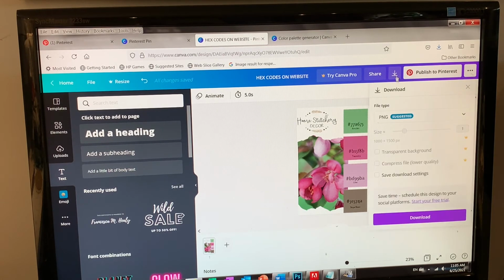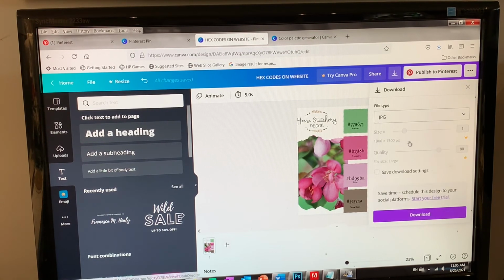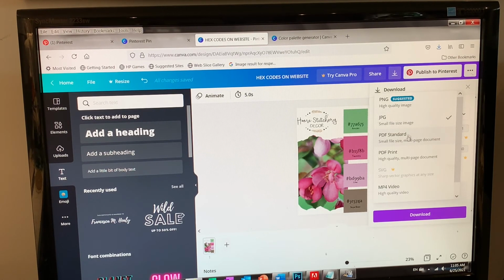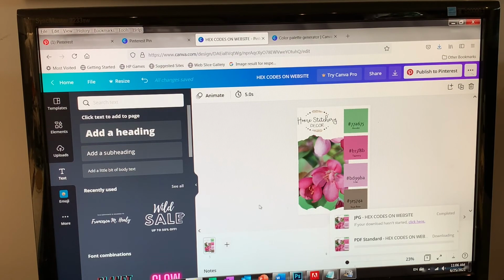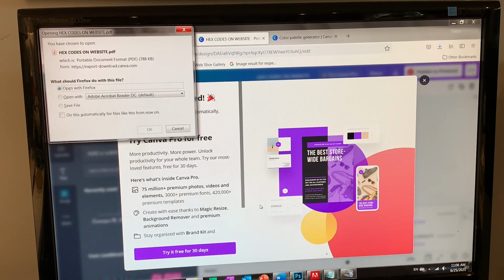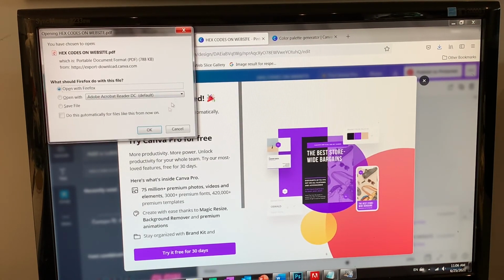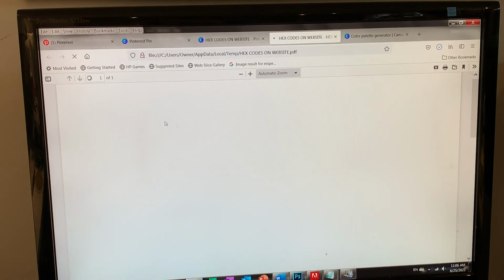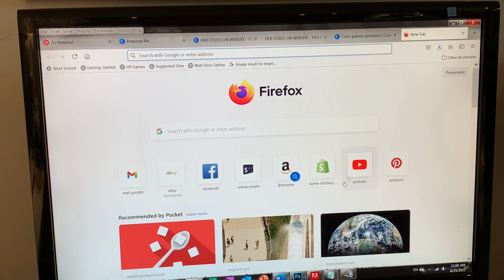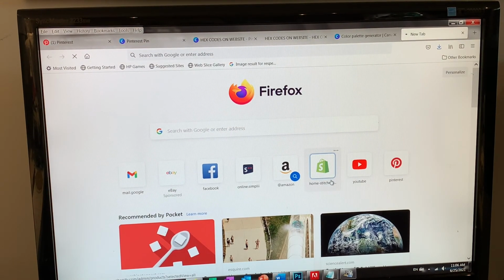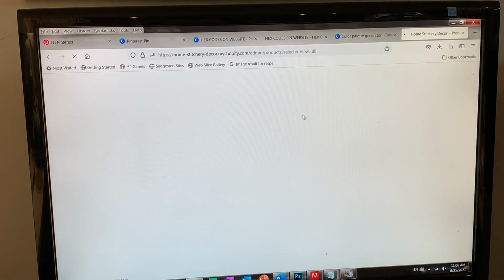So we're going to download this as a JPEG file. You can also download it as a PDF file. Okay, so now what you're going to do is go over to your website and you're going to upload that image onto your website. So when I go to my website and I open it up on my main menu up at the top,